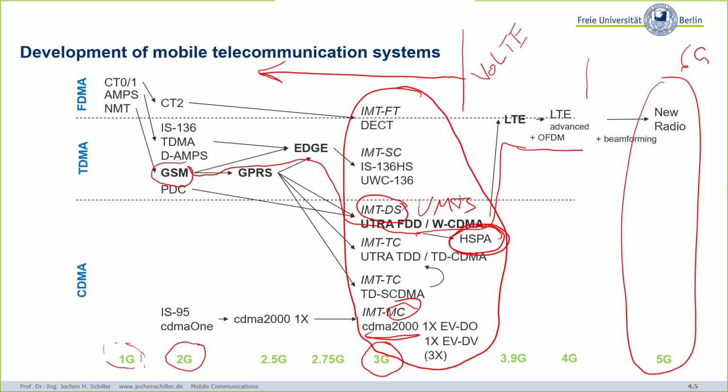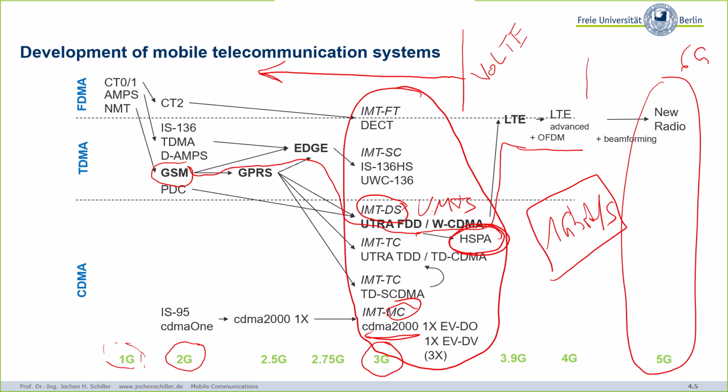So the standardization bodies like the ITU only say, okay, for this generation we have certain goals. And for the fourth generation, for example, one goal was 1 gigabit per second. And as long as you do not reach the goal, you're not a 4G system. This is why the original LTE is not a 4G system. It's 3.9G, almost 4G. LTE Advanced is a 4G system. And for the third generation, when I come to UMTS, I will show you some of the goals. Several systems fulfilled this. So that's one part of the answers.